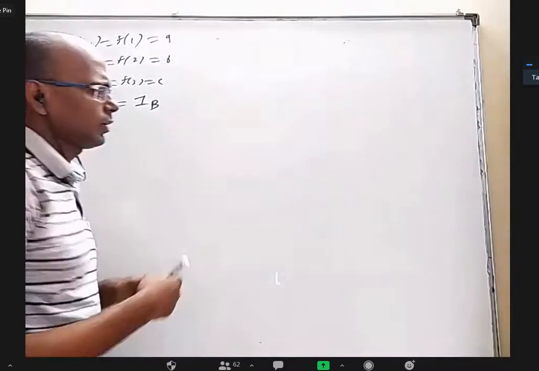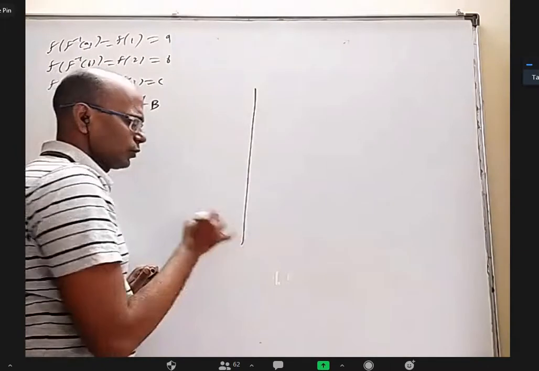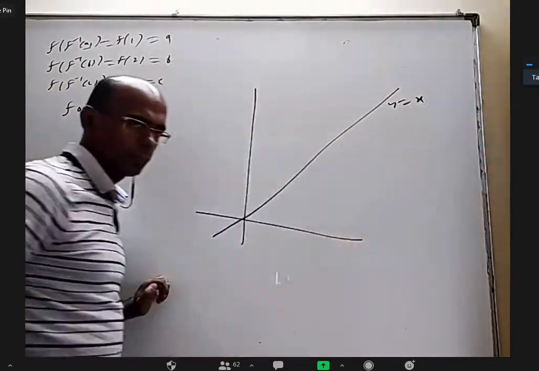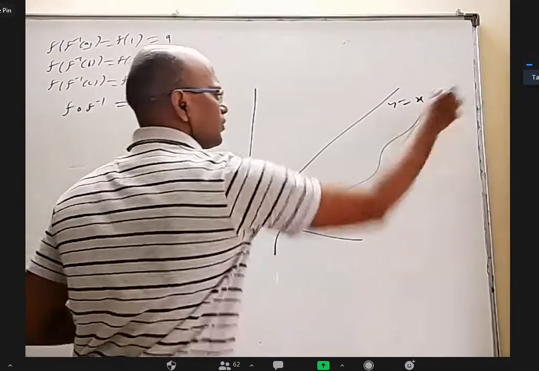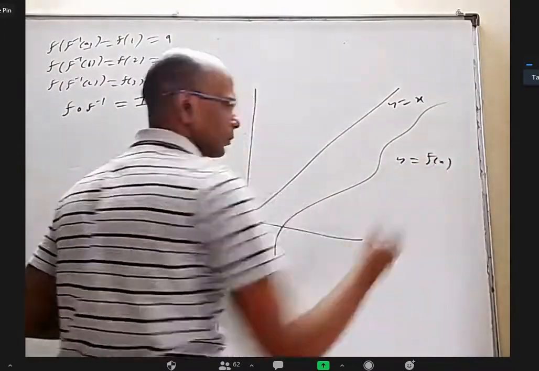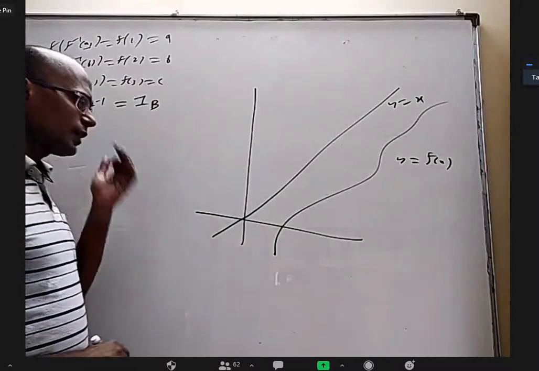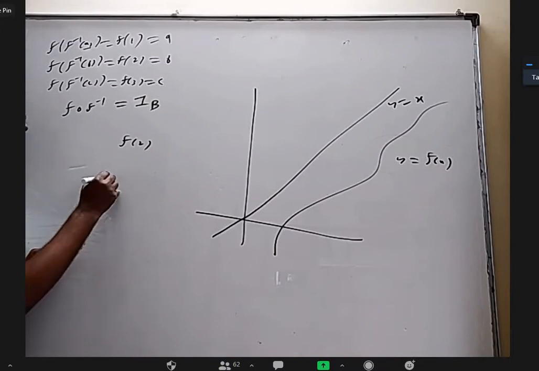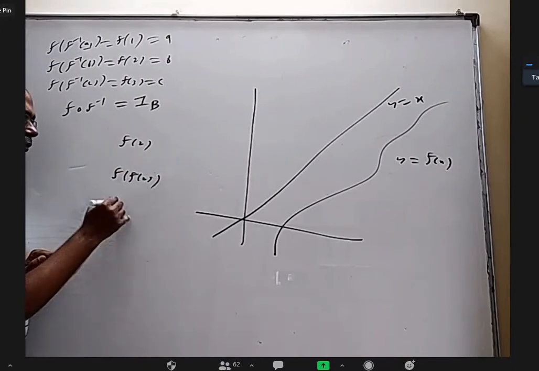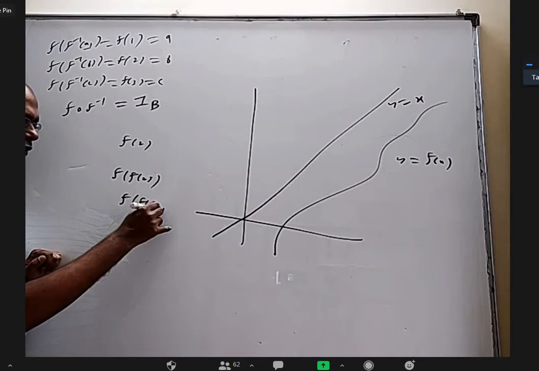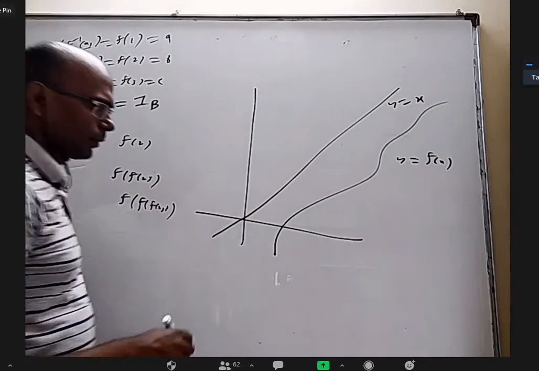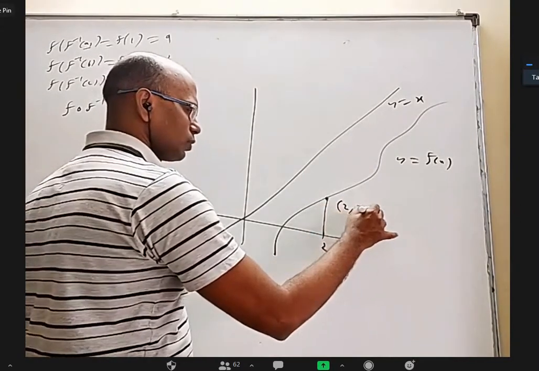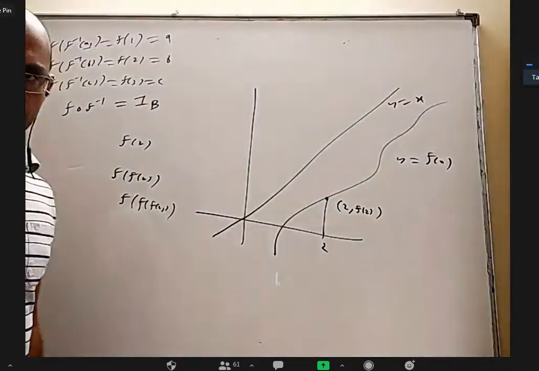Okay, may not be exactly related, but I want to make one point to you. You take the y equal to x line. Let us say this is a graph of y equal to f of x. Let us say somebody wants to find from the graph what is the f of 2 value. You take x equal to 2, go straight above. This point will be 2 comma f of 2. Correct, right?